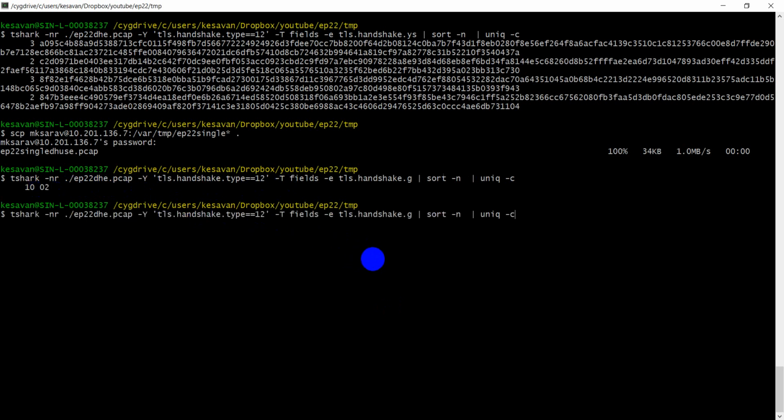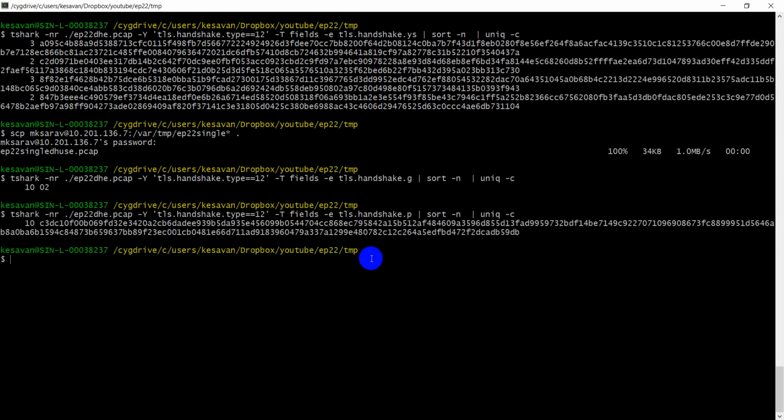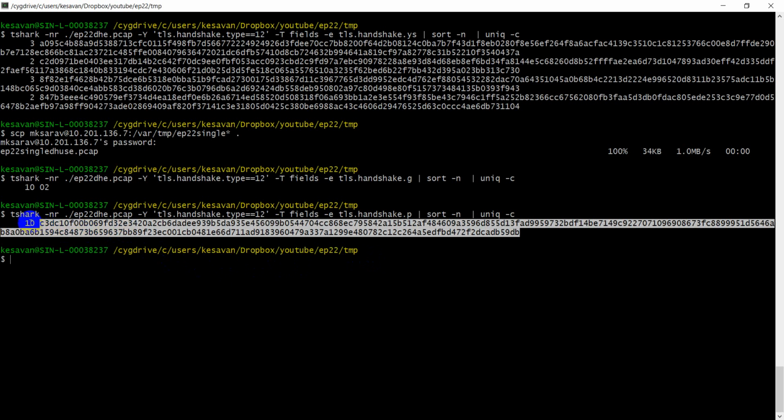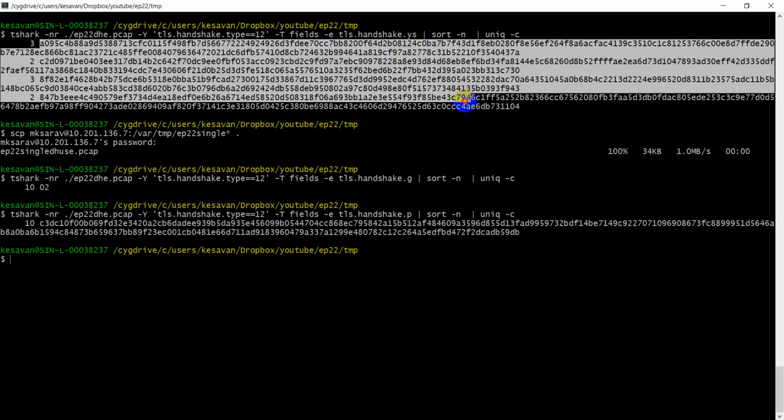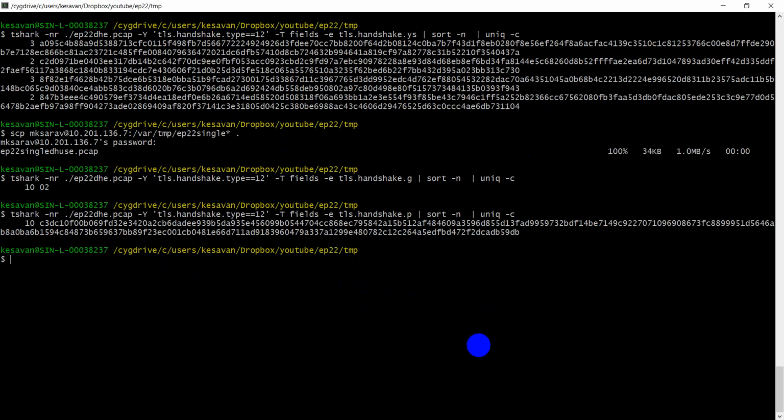Now let's see whether it's using the P value. Of course, it will reuse the P value as well. All the 10 times it is reusing the same P value. But now if you notice the public key, previously it was 3:2:3:2, right? It was using 4 private keys and 4 public keys, reusing in this particular ratio. Now I am going to check the public key.